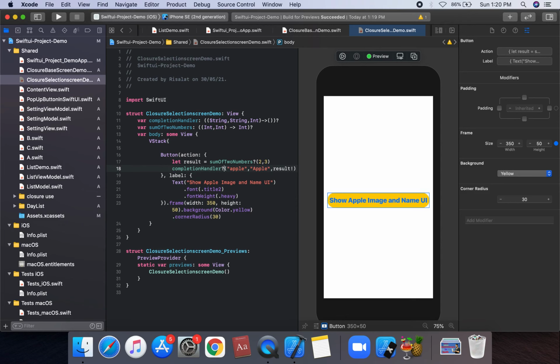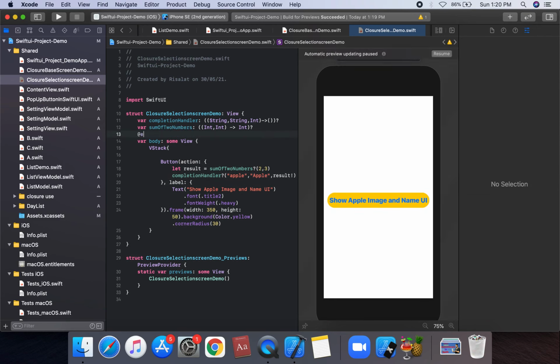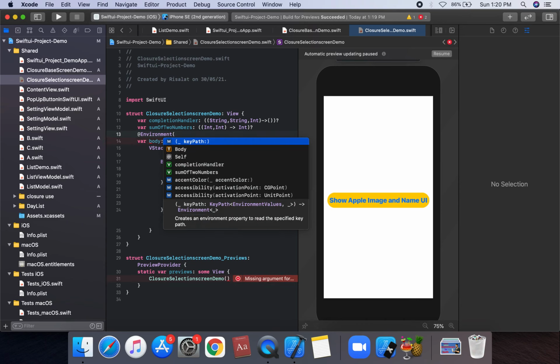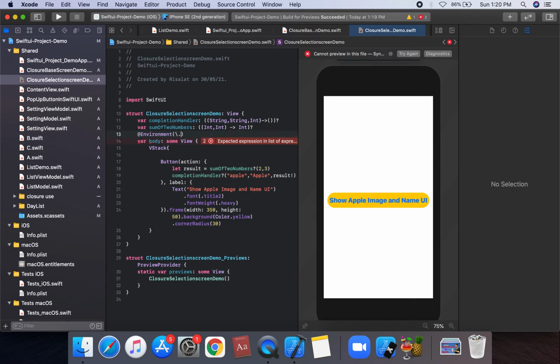So we can use a dismiss call assigned on the button tap. For dismiss, we can create an environment, slash dot presentation mode, var present property, which has the name presentUI.